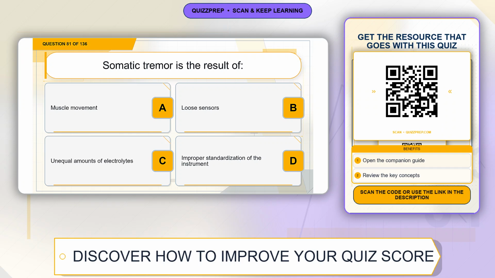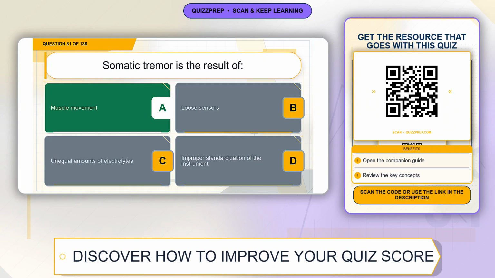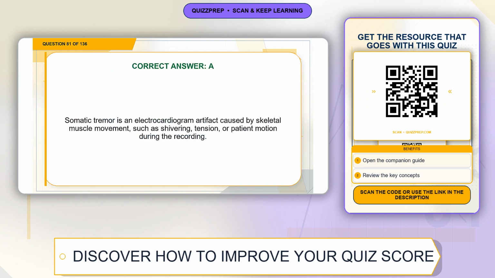Question 81. Somatic tremor is the result of Option A, muscle movement. Option B, loose sensors. Option C, unequal amounts of electrolytes. Option D, improper standardization of the instrument. The correct answer is option A, muscle movement. Explanation. Somatic tremor is an electrocardiogram artifact caused by skeletal muscle movement, such as shivering, tension, or patient motion during